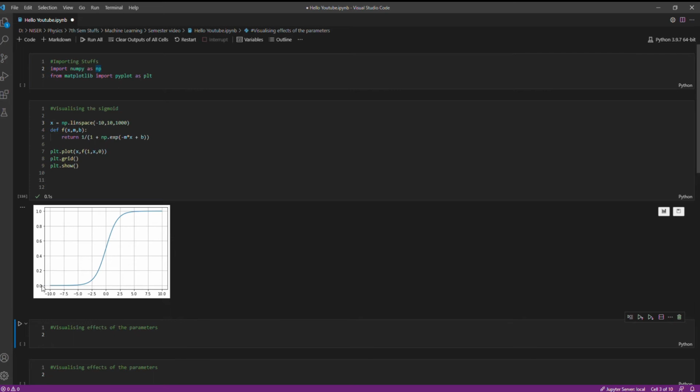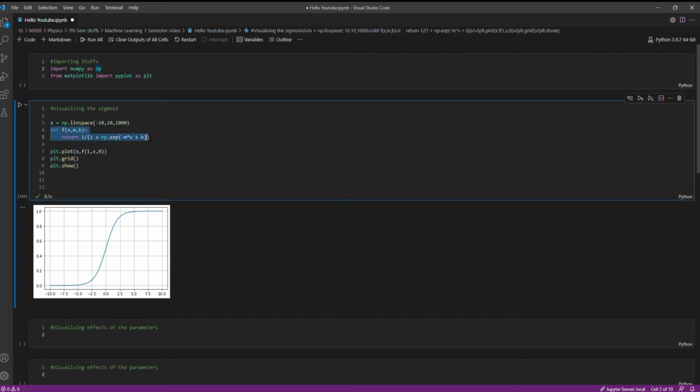As you can see, there is 0 and 1, and the curve cuts the y-axis at 0.5. So everything above 0.5 is classified as 1, and everything below 0.5 is classified as 0. These are basically the classes, and this is our sigmoid function, 1 divided by 1 plus exponential of minus mx plus b. So we have two parameters.